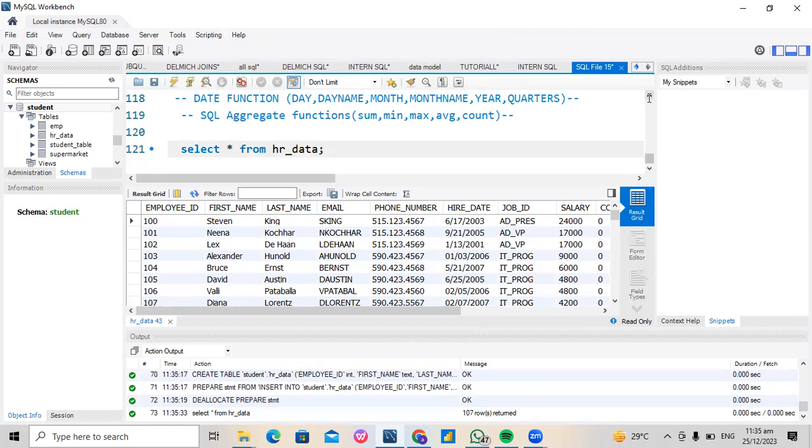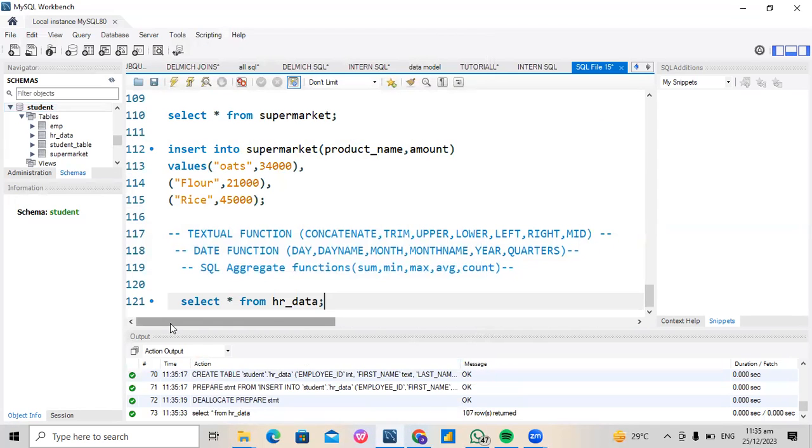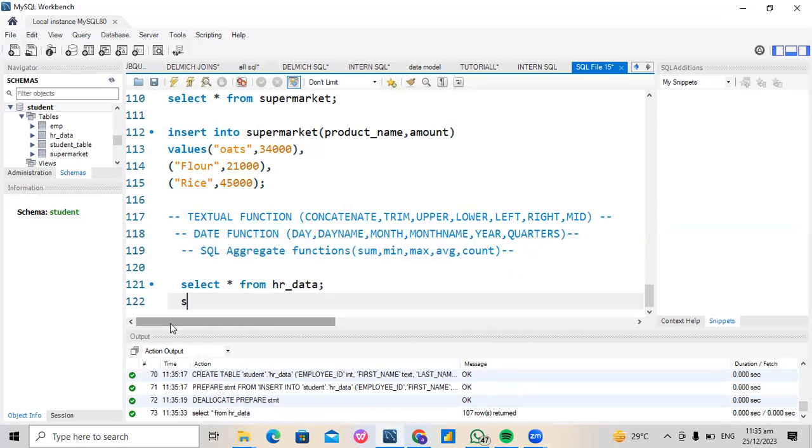Under the textual function, we have concatenate, trim, upper, lower, left, right, and mid. I have my first name and my last name in separate columns, and my goal is to join the first name and last name to come out as a single column. To do that, I'm going to make use of concatenate by saying select concat first name, which is the first value there, comma, then this empty quote here to represent a space between the first name and the last name, as full name